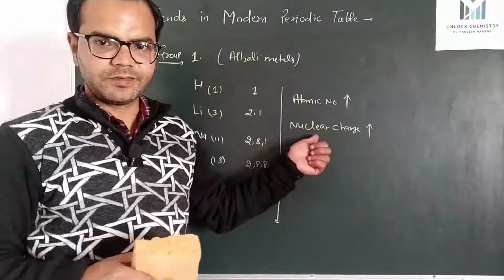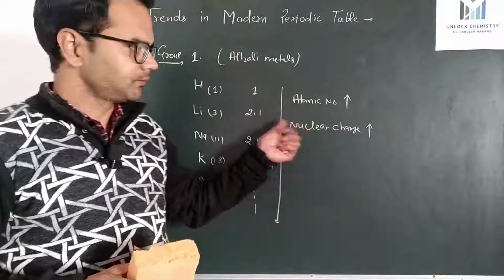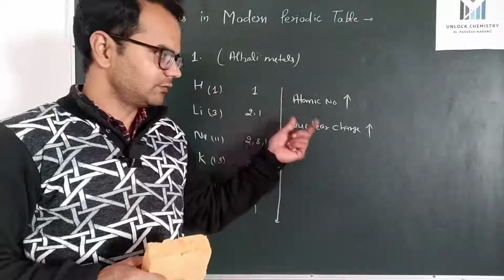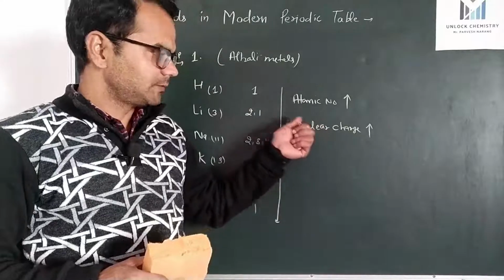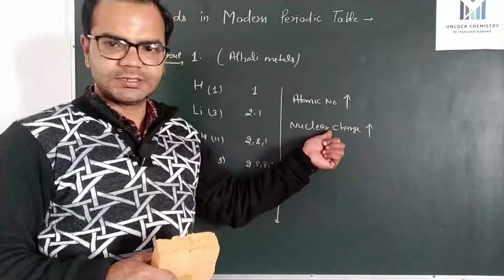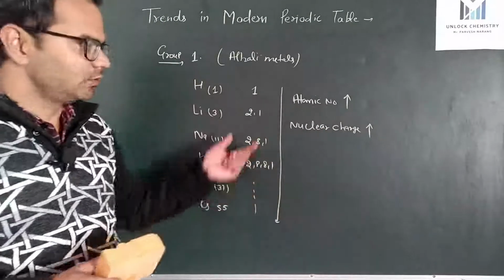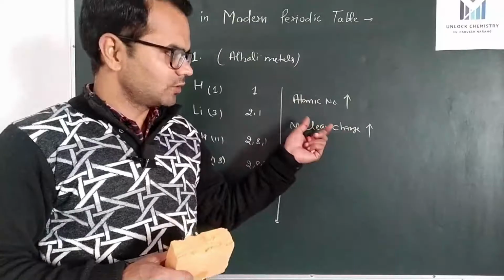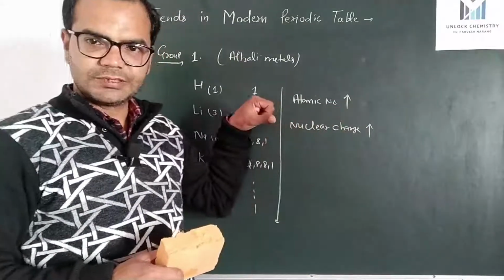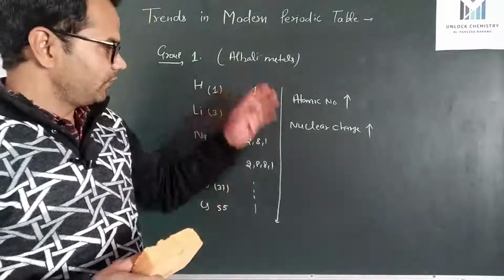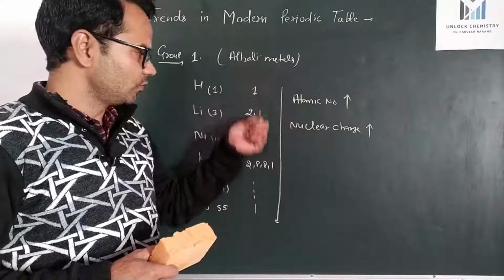This nuclear charge refers to the number of protons present in a nucleus. Proton carries positive charge, so the charge present in a nucleus is called a nuclear charge. As atomic number will increase, nuclear charge will increase. This nuclear charge will tend to reduce the size, but we can see as we move to the next atom